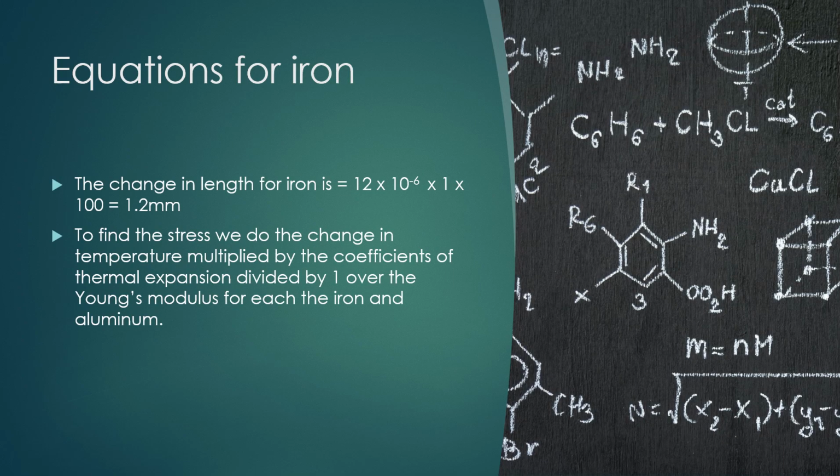Okay, so for our equations, this one is for the equation of iron, and we see that the change in length for iron is 12 times 10 to the negative 6 times 1 times 100, which gives us 1.2 millimeters. Now, to find the stress, there's a formula, and the formula is described here, but I'm going to write it down so you see what it looks like. In order to find the stress, we do change in temperature